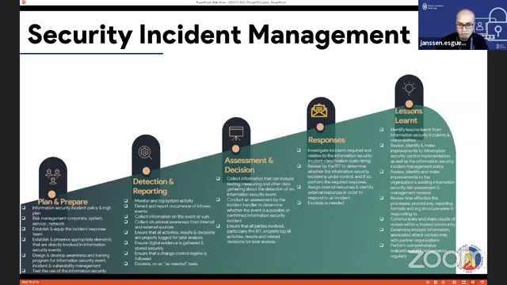Next, assessment and decision. Of course, once na detect and report na yung security incidents, siyempre malalaman na ng kinauukulan, and we can conduct risk management. We can conduct VAPT, we can conduct privacy impact assessment, and we can inspect other security activities to try and contain yung security incident. And of course,